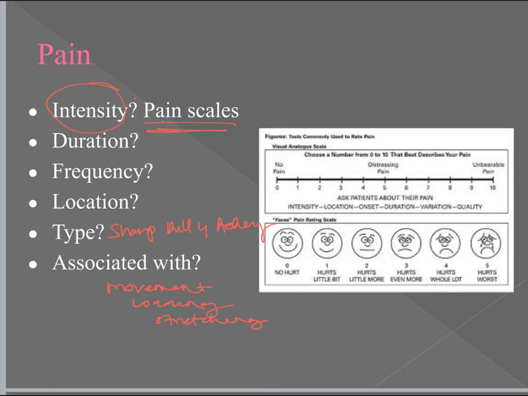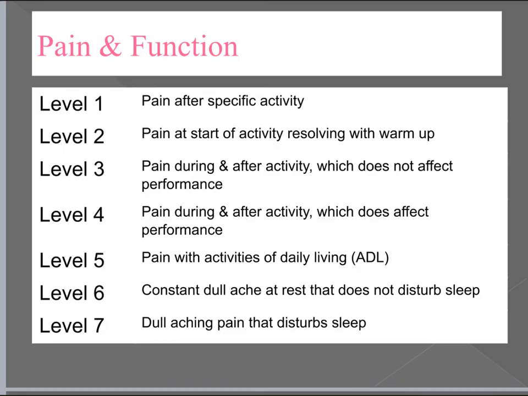Now, one of the things that I've learned over time is that you can actually put pain on a scale. So we're going to look at pain and function, and we're going to put it on levels, right? A level 1 pain is one in which they have pain after a specific activity, right? What we just looked at on the other slide was very subjective. The patient was telling us. Now we can take their subjective, what they tell us, and put it into a more quantifiable, objective assessment of